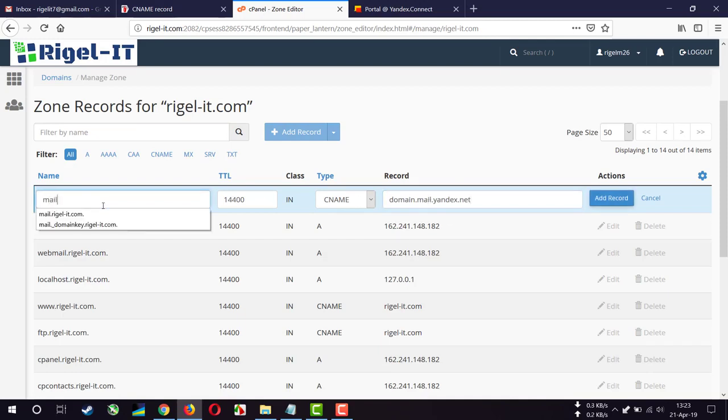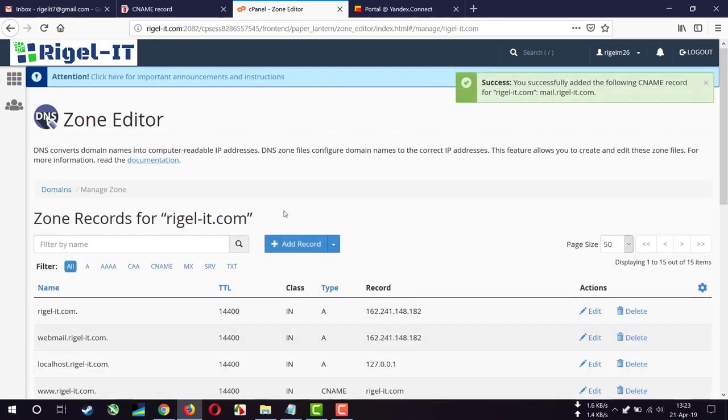Name is mail, and for some DNS zone editors, you have to add your domain name after mail, and for some you don't have to add your domain name. So I'm going to add record. So we have added every record,